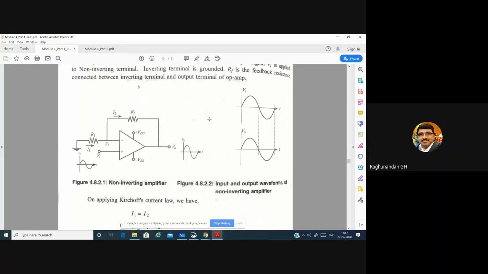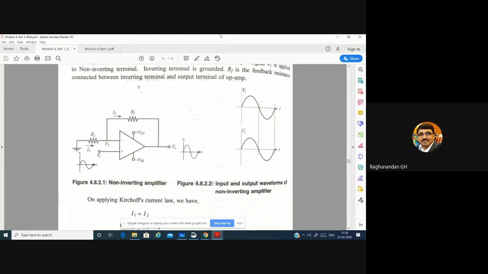So that's why on that day I had shared one video, basics of feedback. Just look into that video, because that is part of your syllabus, and you have already studied it in your basic electronics. That's why I told you to look into that video. There I have explained what happens when you give negative feedback and what happens when you give positive feedback. Just look into that video once because it is there for your syllabus also.